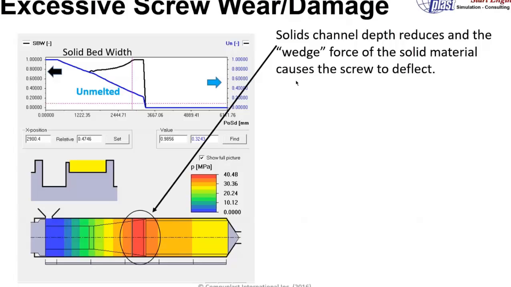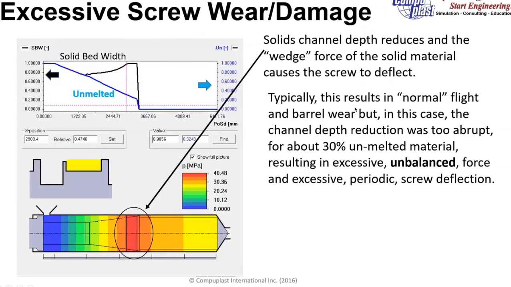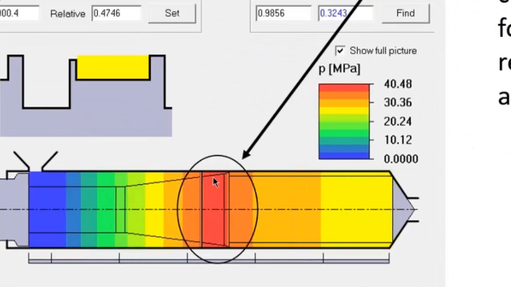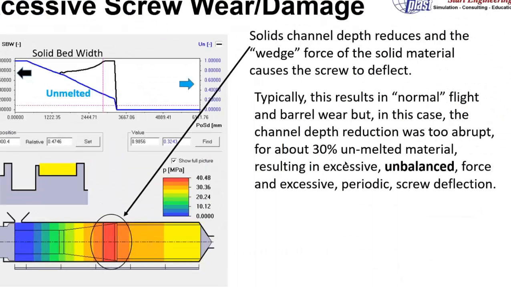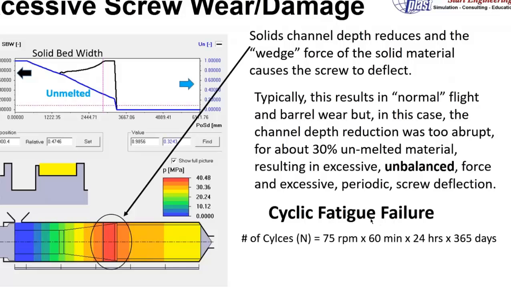So the solids channel depth reduces at this point here and causes a wedge force of the solid material, which can deflect the screw. Now typically this results in normal flight wear and barrel wear, but in this case the channel depth reduction was too abrupt. You can see right in here that it was done in less than 1 turn, and we had 30% unmelted material, and this resulted in excessive unbalanced force on one side of the screw, which results in a periodic screw deflection. This leads to what's called cyclic fatigue failure,